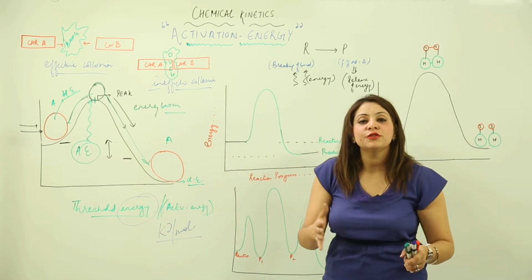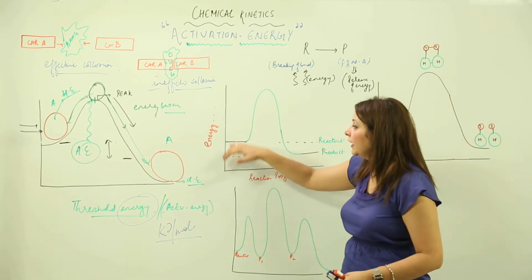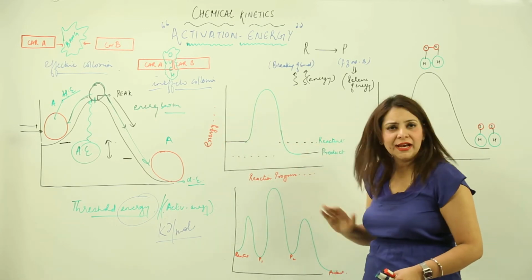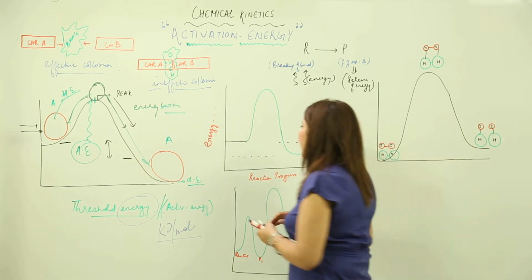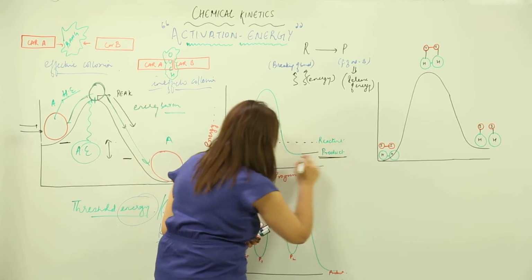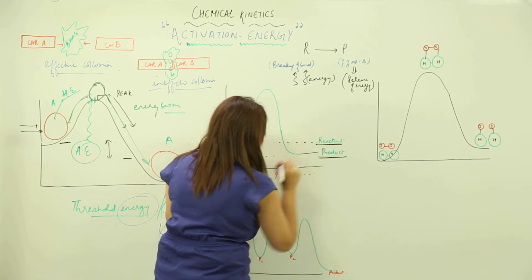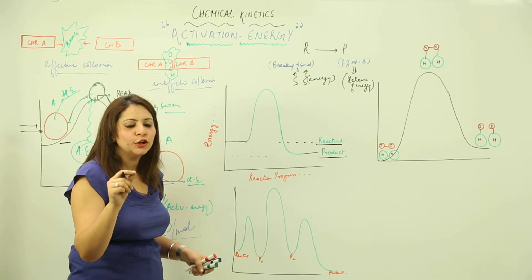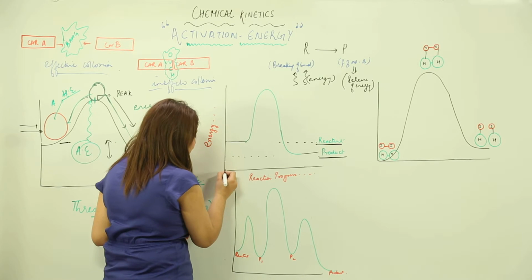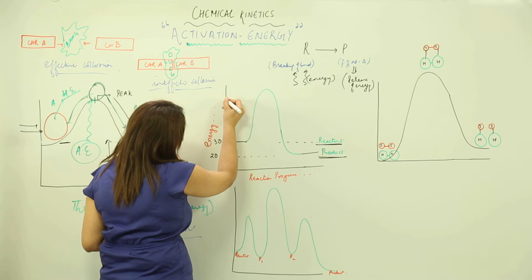Now we talk about threshold energy or activation energy in chemical form, right? That means we take into consideration the chemical view. So see this graph we have. I am plotting a graph with energy on the y-axis and reaction progress on the x-axis. So what do I get? See, this line corresponds to product, this straight line, right, and this straight line corresponds to reactant. So let us make certain markings in order to make it clear what kind of energy difference they possess. So let us make 0, make it 20, make it 30, make it say 150